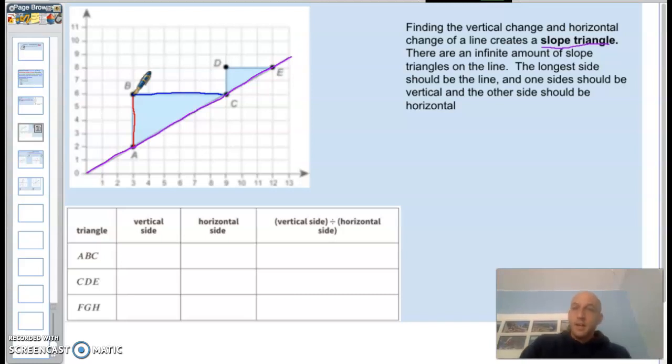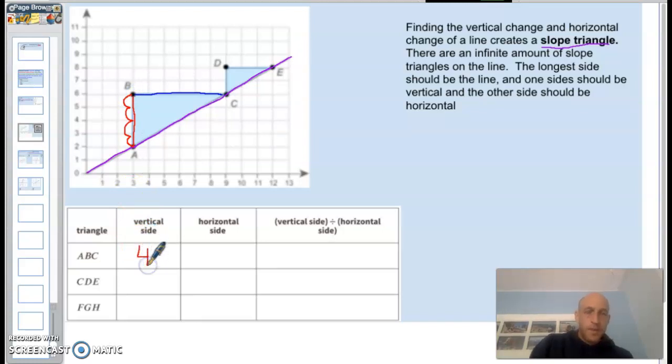Okay, so let's talk about these. We have two slope triangles here, but I'm going to show you these two and then another one as well, and how they are all equal. Okay, so let's look at triangle ABC. We've just outlined it here. Okay, the vertical side, we're going to start at the bottom, and we're just going to count how many boxes up it is. So how long is this side? So if we start at the point, we're going to count 1, 2, 3, 4. So the vertical side is